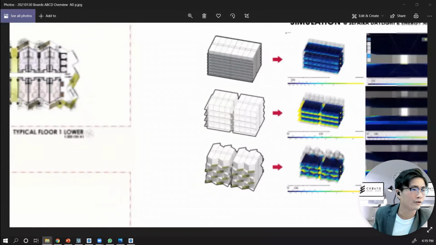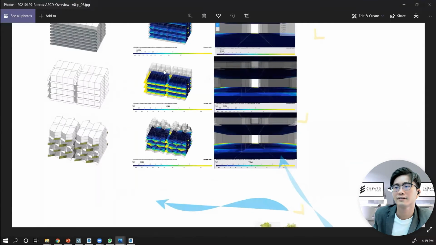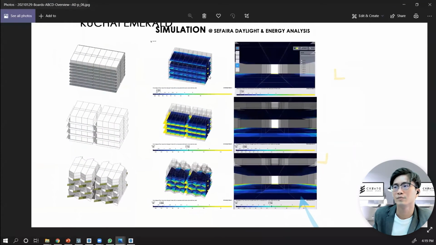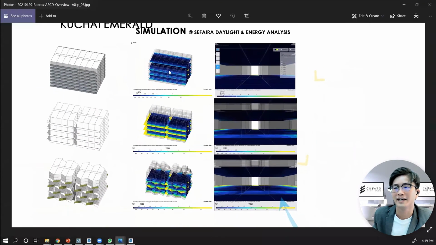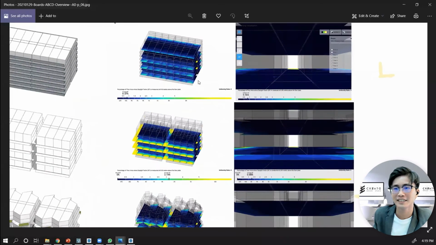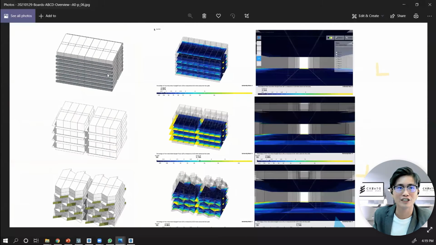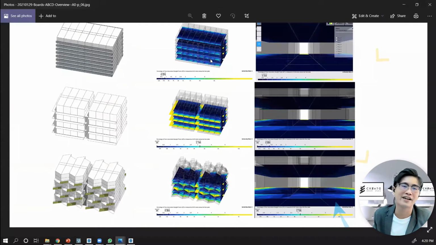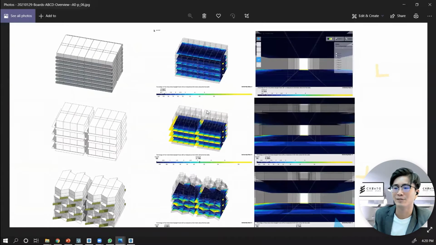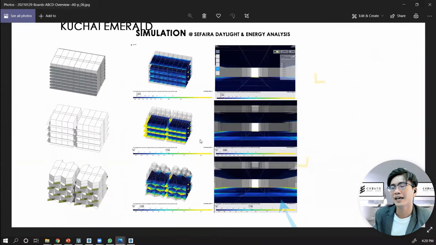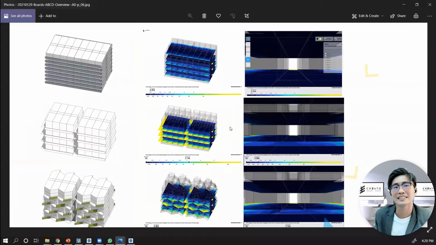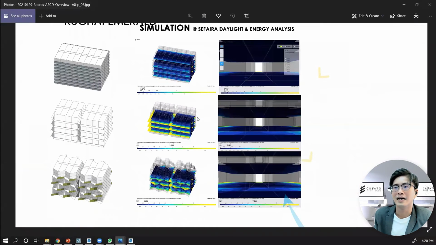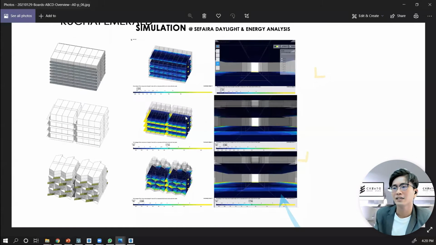Rance. Okay, I got it. Yeah, this is the simulation done in Sapphire. Okay, so I would make options. The typical, conventional one is like this, and then we optimize it, and then we improve it to the final one. So you can see the different daylight factor, the performance simulation. So yes, it could be done in SketchUp, but this is a paid plugin.